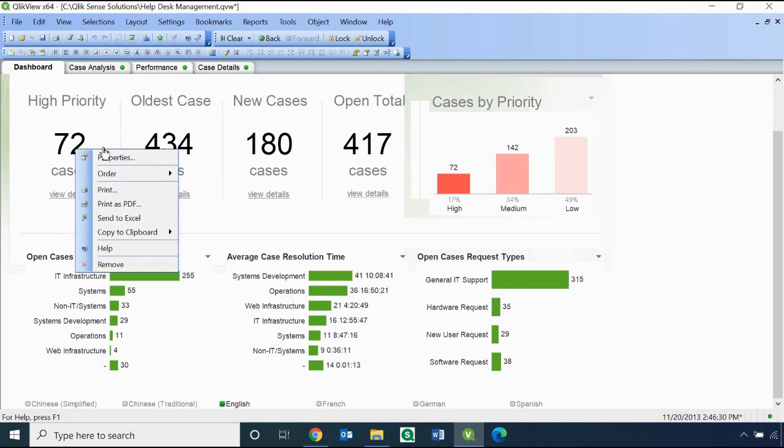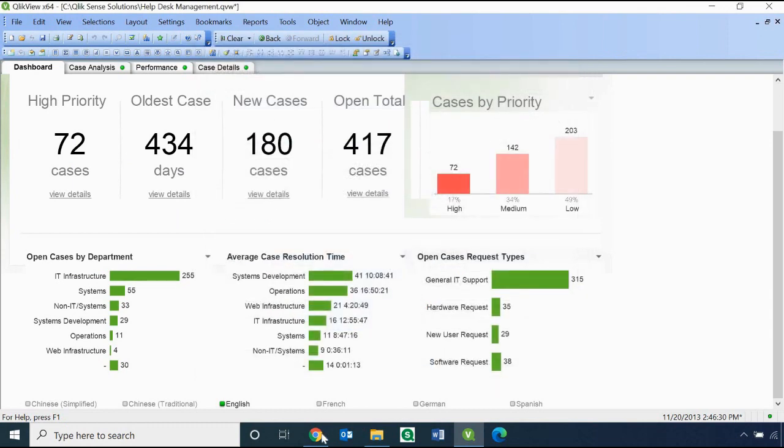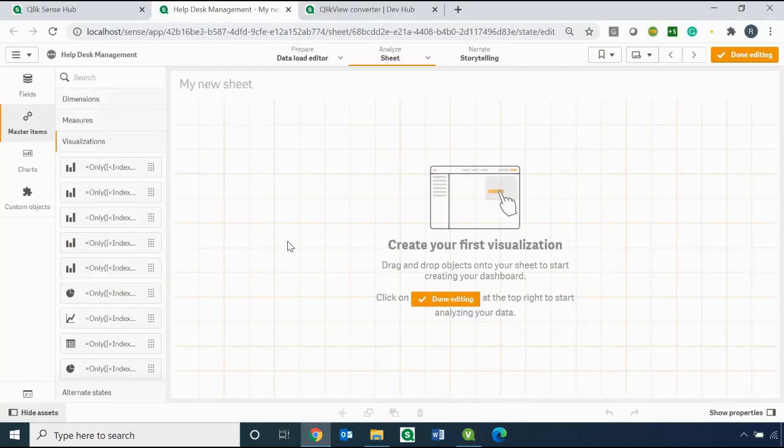So to start with, let me copy the expression for the higher priority cases. I'll just copy this, say okay, go to ClickSense, and instead of directly creating the KPI, I will create the master item so that later on we can reuse those expressions if required.